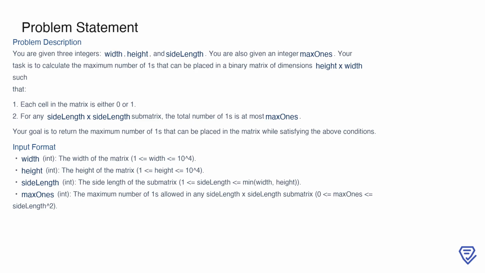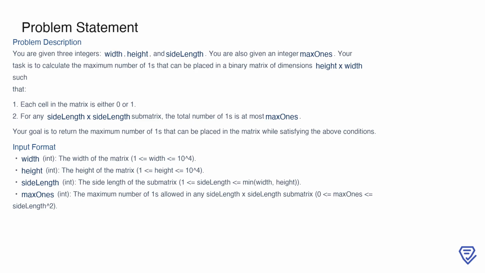Welcome to this video. Today, we'll explore the problem number 1183, titled Maximum Number of Ones. We'll break down the problem, discuss potential approaches, and walk through the solution step by step. Let's get started. In this problem, you are tasked with working on a binary matrix defined by its width and